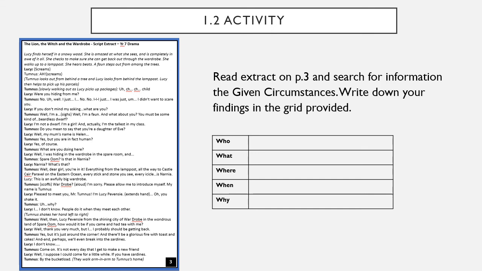Try and think about if there's any clues as to sort of the age or anything at all that you can find out about that character. You pop it in the who box. Okay, once you've done the who, move on to the what, so on and so forth. You're going to have about 10 minutes to do this, okay, to read through the extract and then fill in